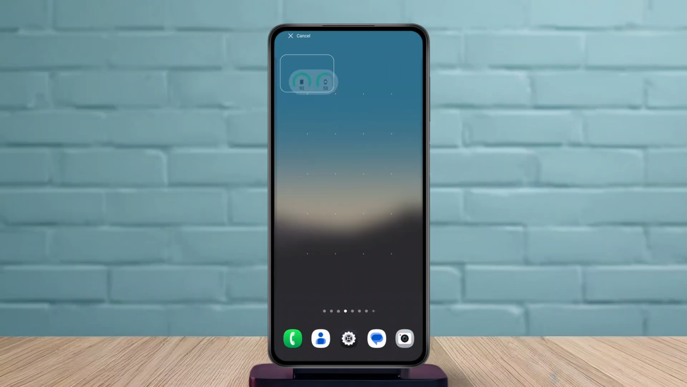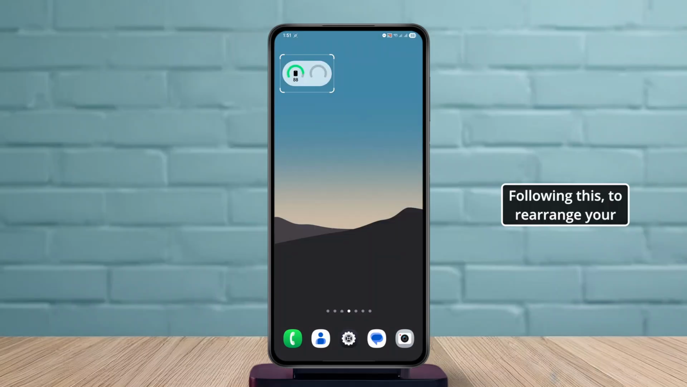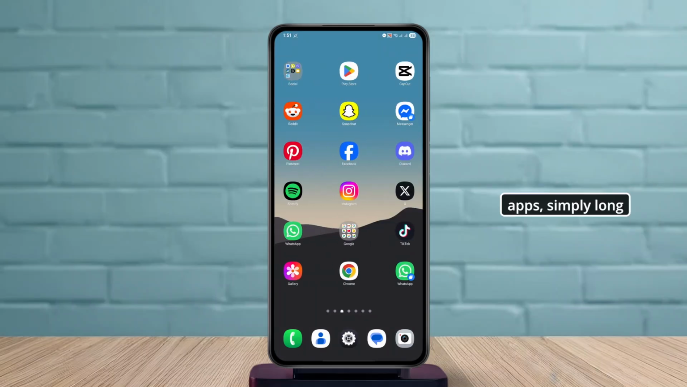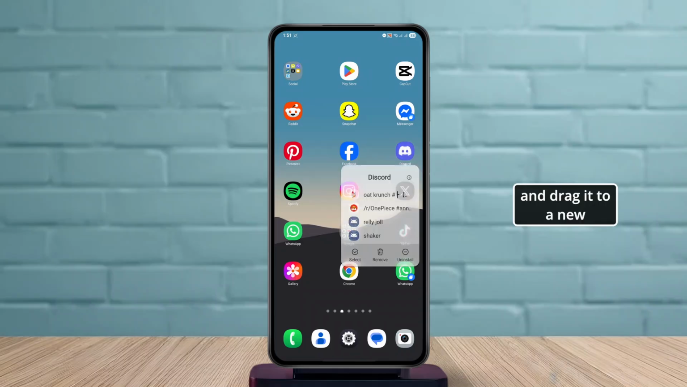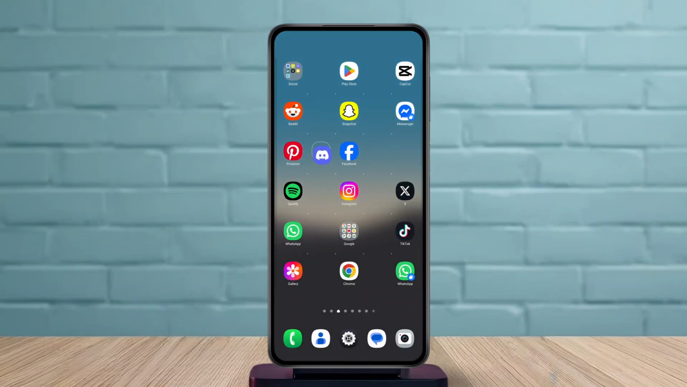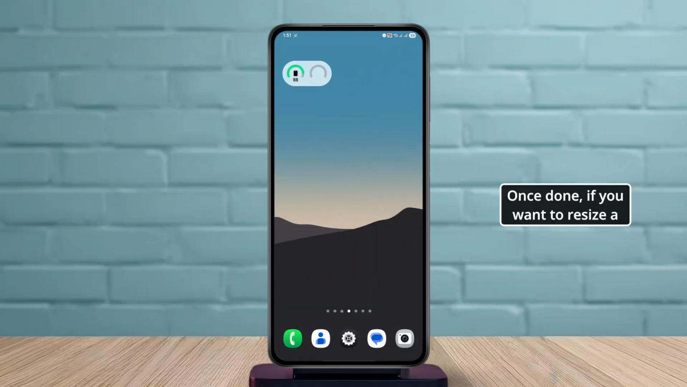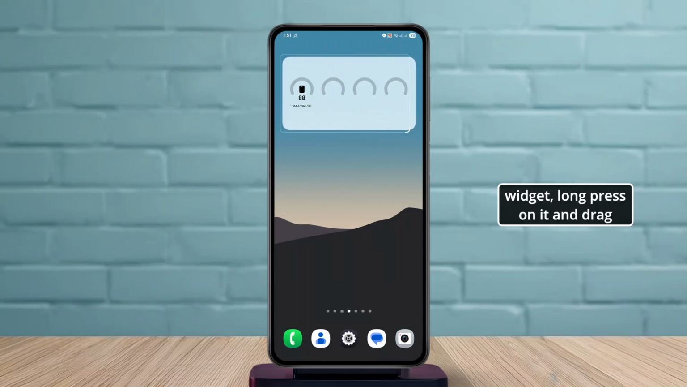it wherever you want. Following this, to rearrange your apps, simply long press on any app icon and drag it to a new position on the screen. Once done, if you want to resize a widget, long press on it and drag the edges to make it